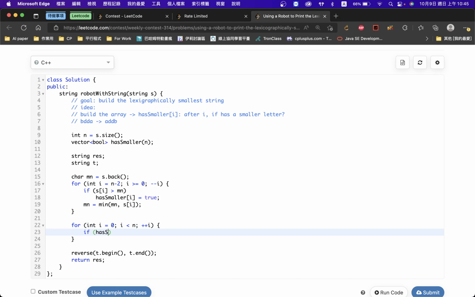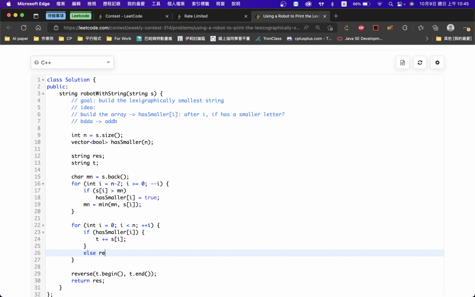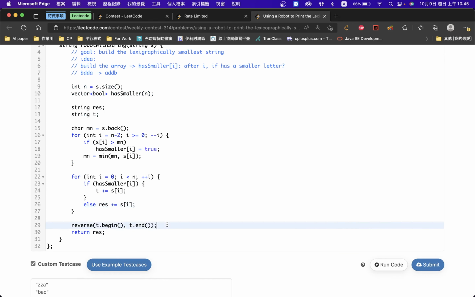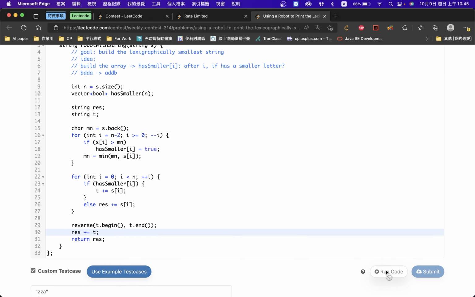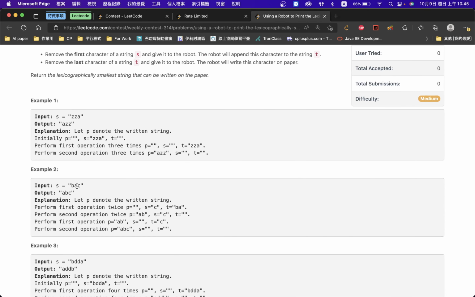If has more, that means, so this has more. Oh wait, so BAC here is that B in A is smaller, so A. And if